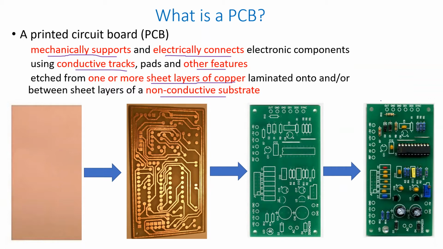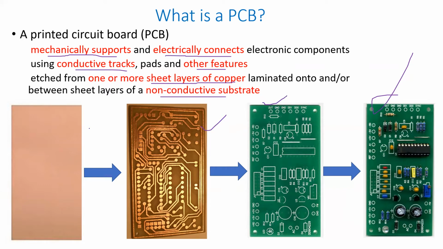So what exactly does it mean? Putting it in simple terms, a printed circuit board mechanically supports the components and electrically connects them. How does it mechanically support? We physically solder them so that the board becomes a rigid, solid electronic board. And we also electrically connect them at the backside by designing tracks. This is how the components are connected to each other electrically. And how is this done? It is done on a non-conductive substrate. This is the substrate material on which all the components are physically mounted and electrically connected.